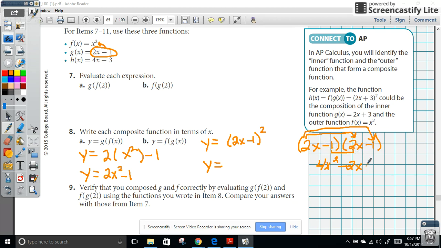Negative 1 times 2x is negative 2x. And then here's the last. Multiply the last two terms together. Negative 1 times negative 1 is positive 1. Now simplify that because those two are like terms, so we can put them together. We get 4x squared minus 4x plus 1. This and this are the same thing. The only reason